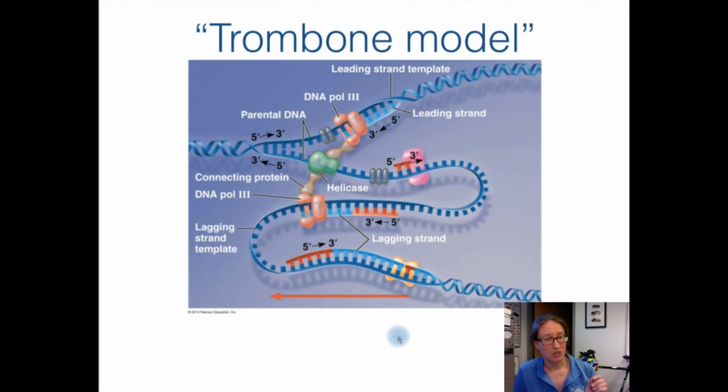Now, here's a picture that might blow your mind a little bit, because as it turns out, in a lot of cases, that replication fork isn't really a fork. Instead, as best we understand it, the way that this whole system is put together, there's actually a helicase molecule that has two DNA polymerase molecules attached to it with these connecting proteins. And so as helicase travels along and unzips DNA, the leading strand gets synthesized continuously, and there's a funny process that happens here with the lagging strand